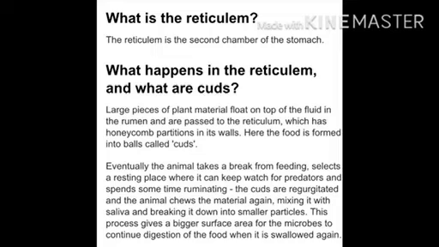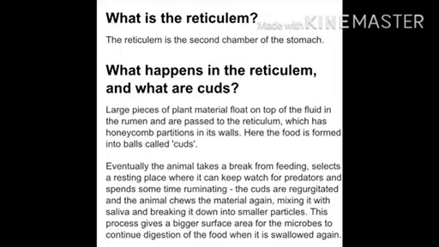Now, what is the reticulum? The reticulum is the second chamber of the stomach. Now, what happens in the reticulum and what are cuds? Large pieces of plant material float on the top of the fluid in the rumen and are passed to the reticulum, which has honeycomb partitions in its wall. Here, the food is formed into